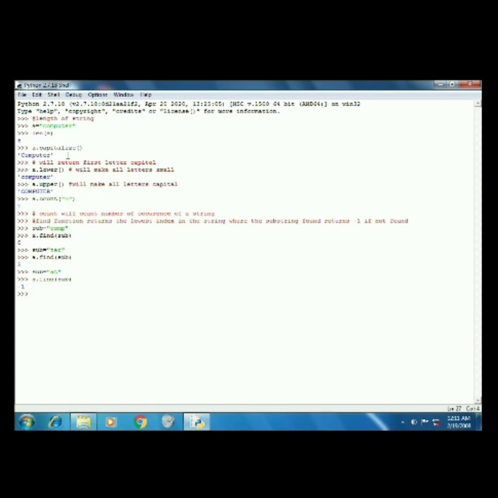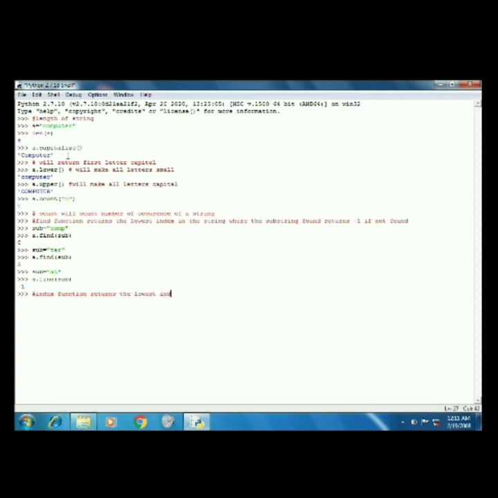Index function will return the lowest index where the specified substring is found. If the substring is not found, then an exception occurs, value error, substring not found.